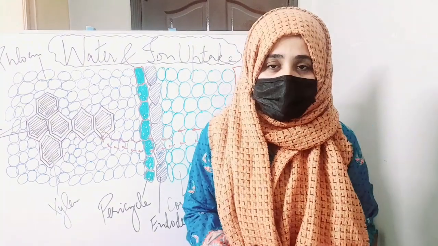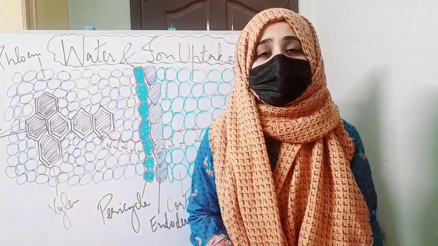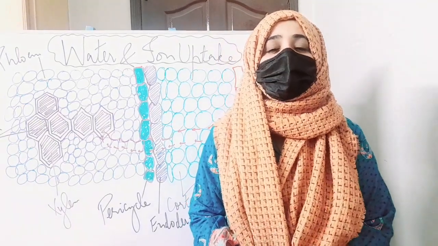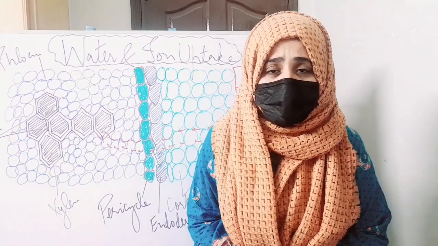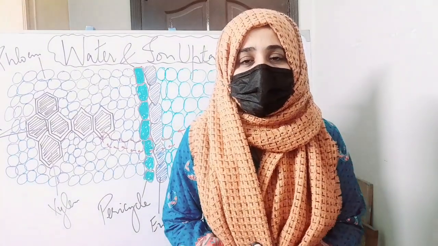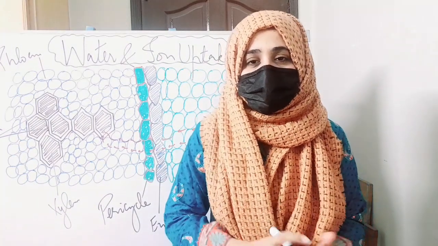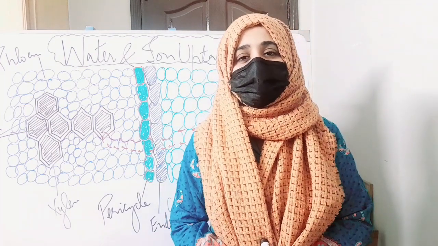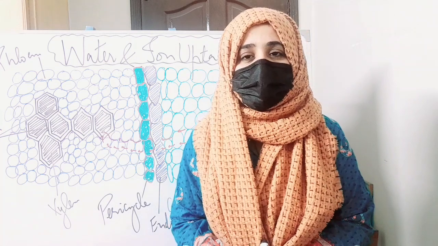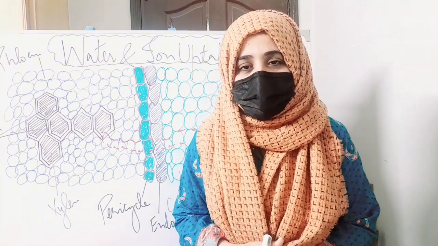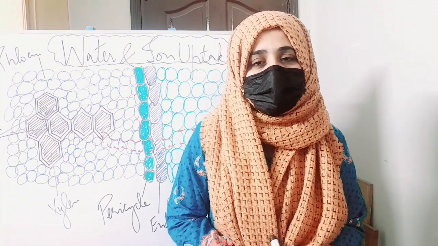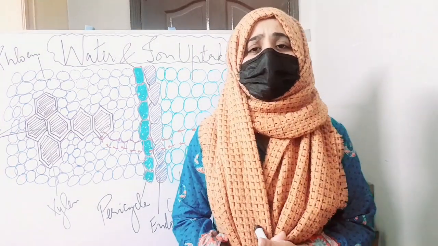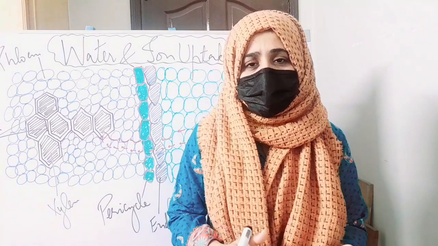But in complex multicellular organisms, diffusion is not enough. It cannot fulfill the need of that specific organism. It's necessary for the organisms to have a specialized system to obtain the nutrients from the environment and also to dispose of the waste products in the environment. It is so because diffusion can fulfill the needs of only unicellular organisms or simple multicellular organisms, because their body cells are always in close contact with the environment,